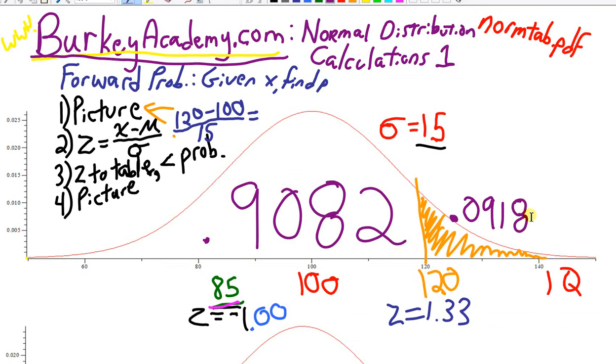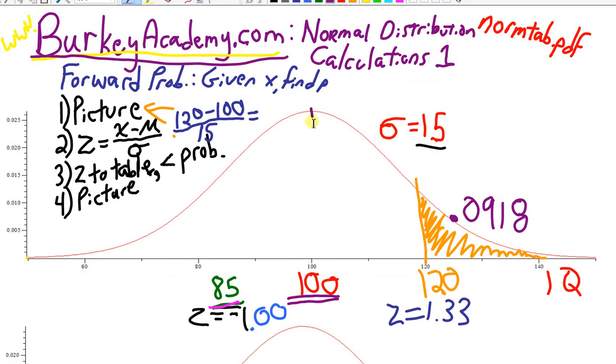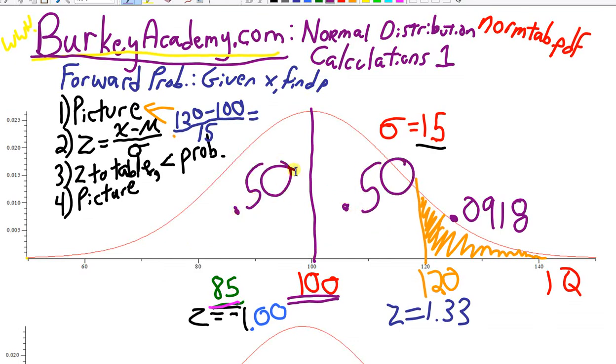Now, we're about done with most of the fundamentals here, but let me just mention a couple of other things quickly to wrap up. Always keep in mind when you're doing these problems that the mean is also the median. Now, what does that mean? Well, the median is the number that splits this into 50% on the right and 50% on the left. And so sometimes you can use that to either check your answer, or sometimes you can use that to help